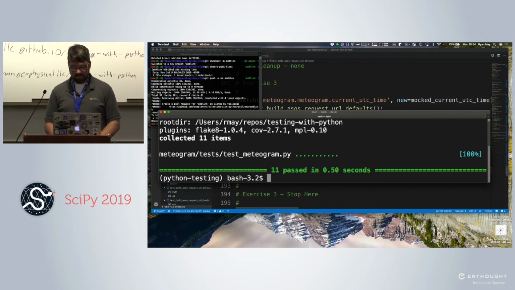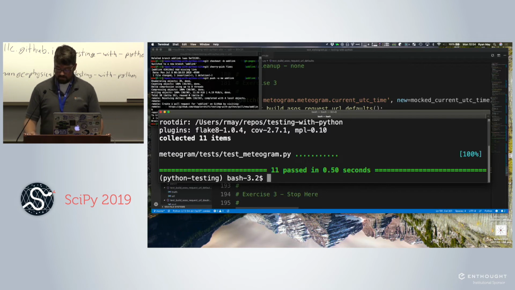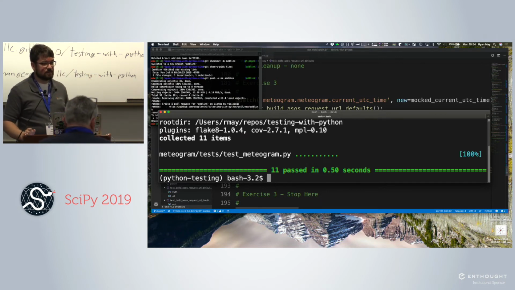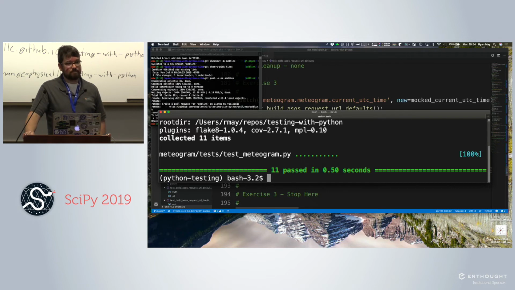Now we run pytest and we get it passing. So, questions on using mocks. Yes. So this was dealing with time changing, whatever. What other times does mock maybe come up? I'm trying to think of a good general case.